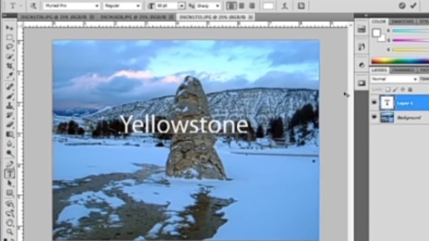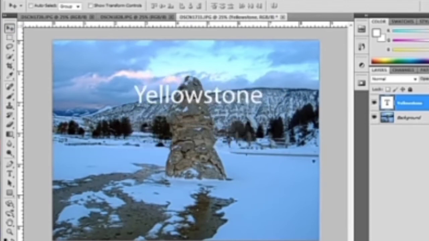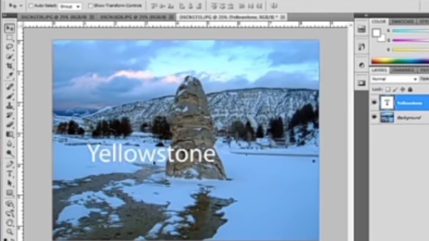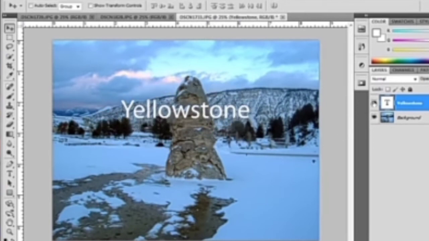Then select the move tool in the toolbox. After selecting the move tool, click on the object which you want to move, and then without releasing the mouse button, drag the mouse to a new position where you want to keep the text or object.